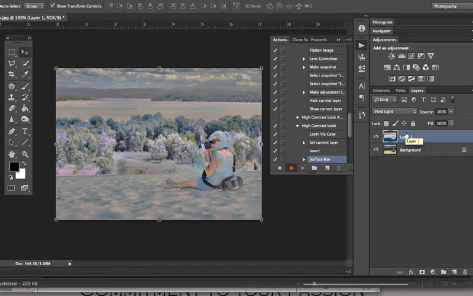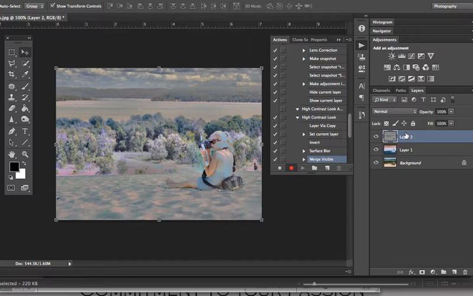I will hold all these keys at once. Shift, Option, Command, E as in eagle. Shift, Option, Command, E. On the PC, that would be Shift, Control, Alt, E. Okay. So now that I have that layer here, what it did is it took these bottom two